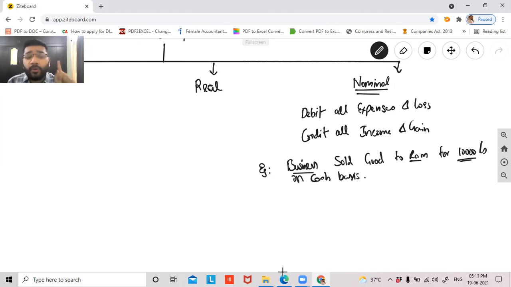Now, please identify. I told you that after identifying a business financial transaction, you need to identify the two accounts being affected in this transaction. Tell me, guys, which two accounts are affected in this transaction? Now, what will you keep in mind? Credit and debit is the aspect which you will apply to that account. Now, which two accounts are affected in this?